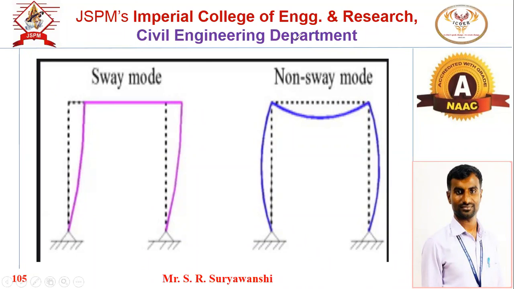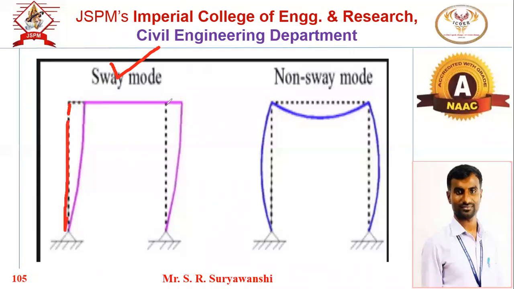Whereas in the case of a sway frame or the sway mode, it will have sway, meaning lateral displacement. Suppose that lateral displacement is at beam level, and the amount of sway is delta. This delta is nothing but the lateral, or horizontal, displacement, and that horizontal displacement is there for the column only. So this delta is considered only for the column. What point do we have to remember? In the case of a sway frame, the effect of sway we have to consider only for the column.